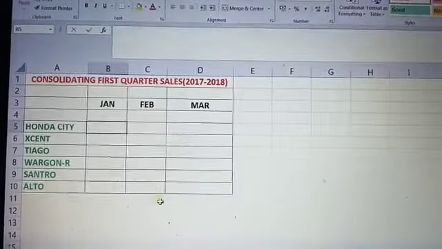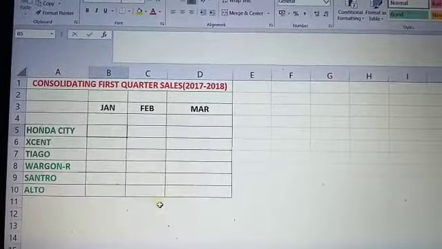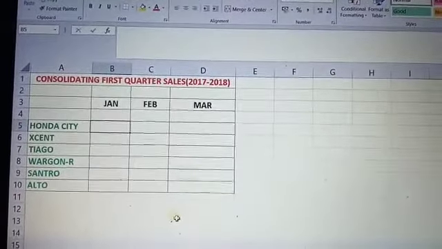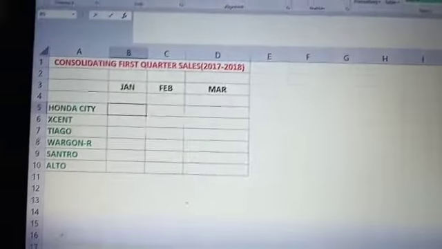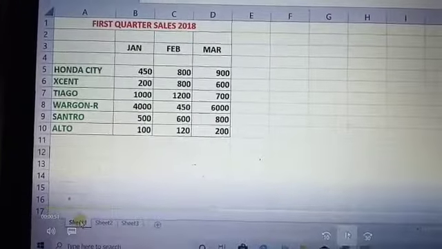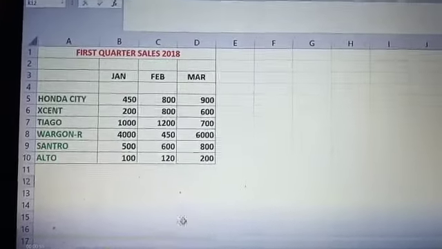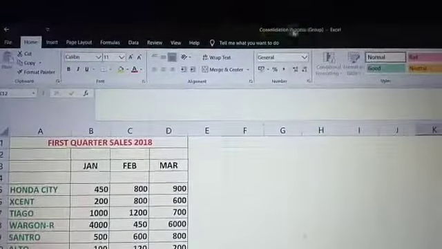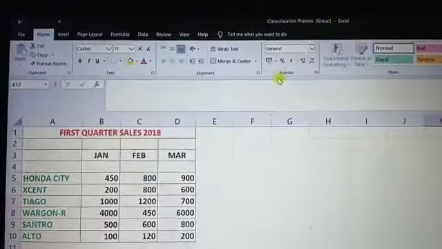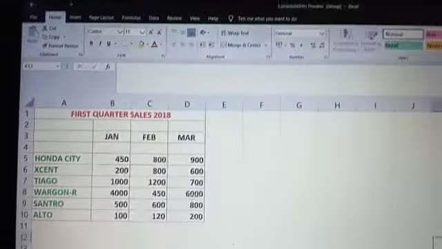Now, how do I perform the consolidation process? There are simple steps. At first, click on sheet 1 and press the Shift key to group all the sheets. Now the three sheets are grouped here.